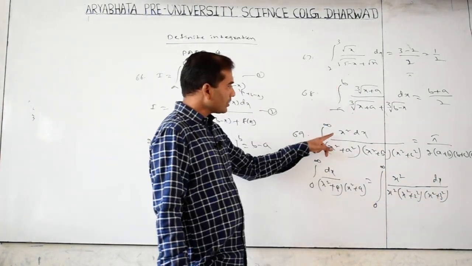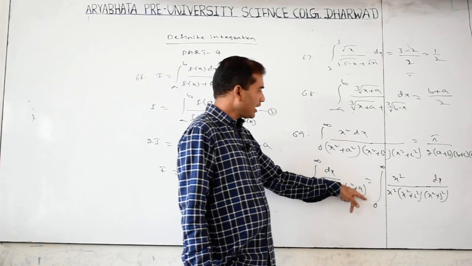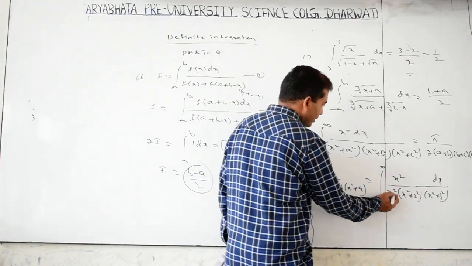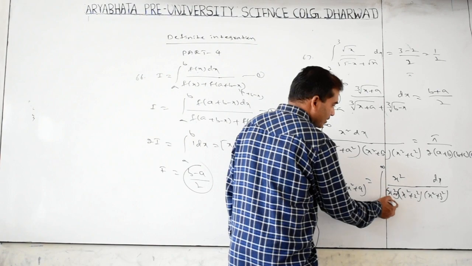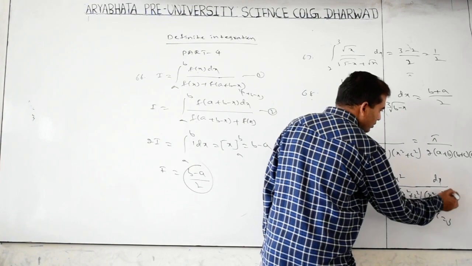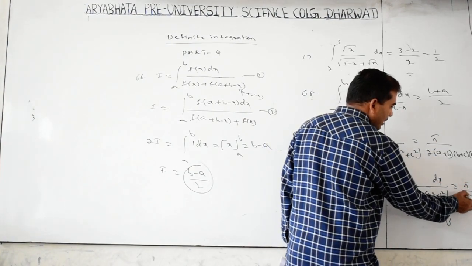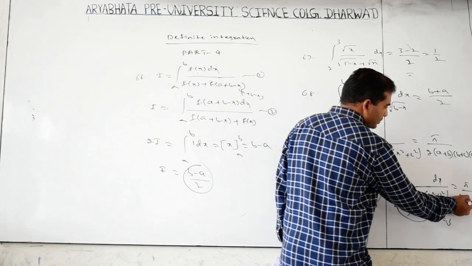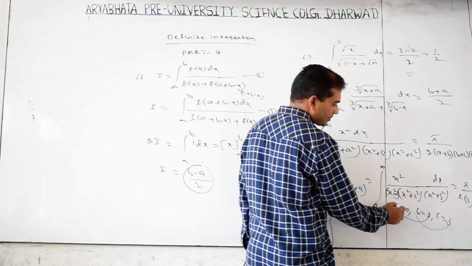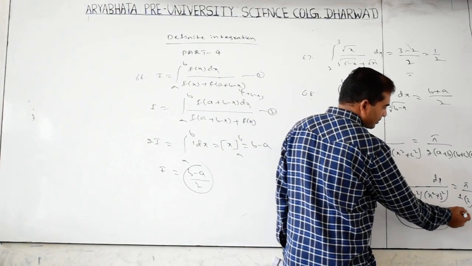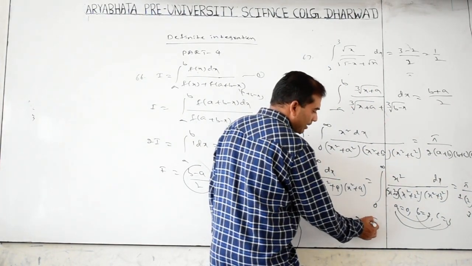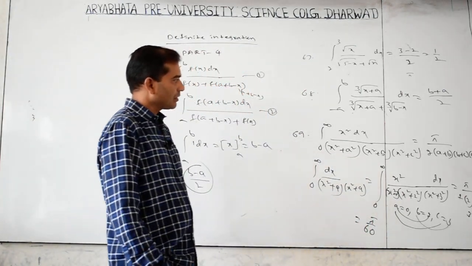Does this contain this form or not? x square, 0 to infinity, the limits are the same. Here a is 0, so we can write x square plus 0 square. So a is 0, what is b? 2. What is c? 3. Substitute in this: pi by 2 into a plus b, b plus c, c plus a: 0, 3. So the answer is 2 into 4, 4 into 5 is 20, 20 into 3 is 60, so pi by 60 is the answer. Important question that is.